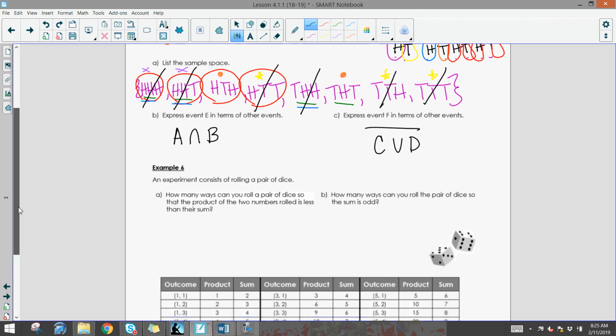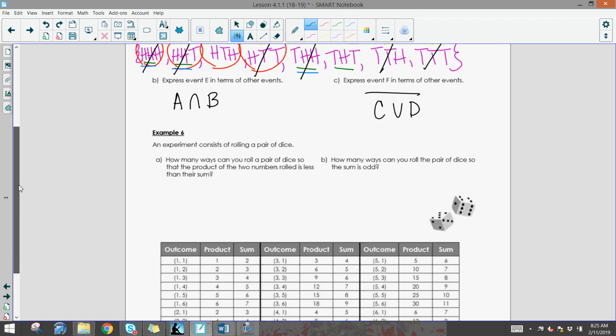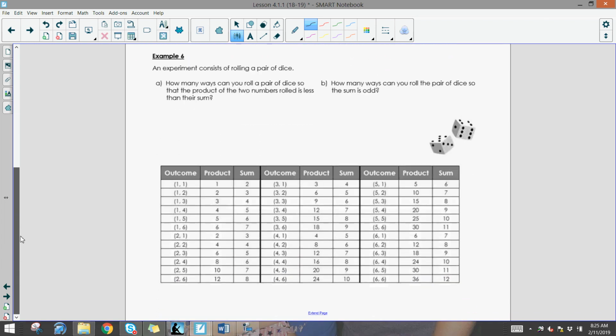Last but not least, it says an experiment consists of rolling a pair of dice. Okay, so you have that right down at the bottom. If you need to use this tonight on your homework, please feel free. Just make sure if you're going to mark this up, it might be helpful to do it with a pencil. How many ways can you roll a pair of dice so that the product of the two numbers rolled is less than their sum? All right, so we are looking for all of the different ways that the product is